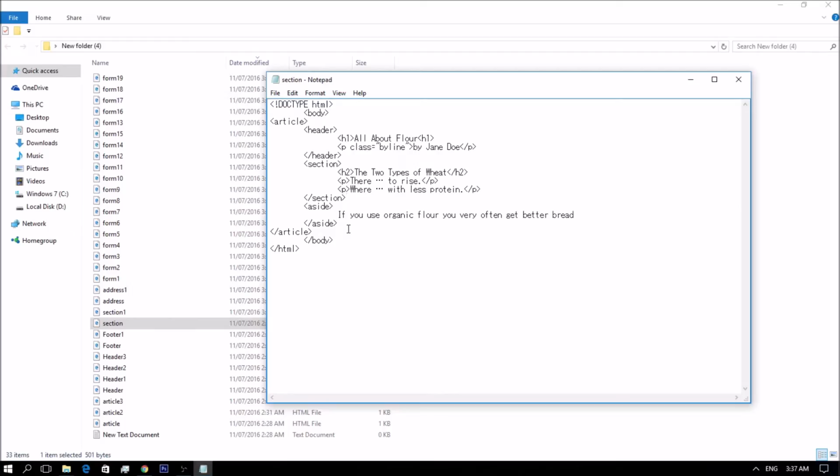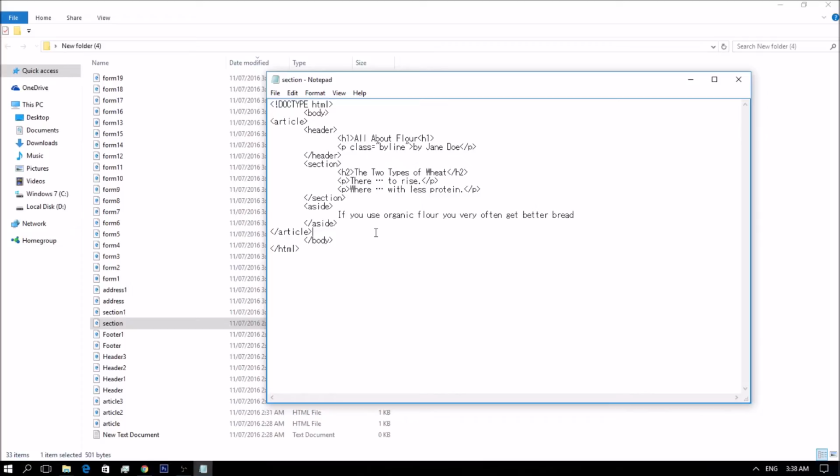So this means that you should always consider whether or not it might be more appropriate to use the navigation element, the aside element, the header element, the footer element, or the article element before actually using the section element. Some of these elements might be new to you. There are lessons discussing all of them.